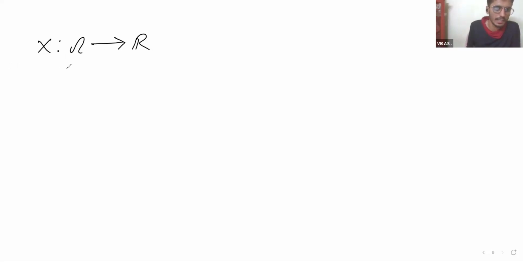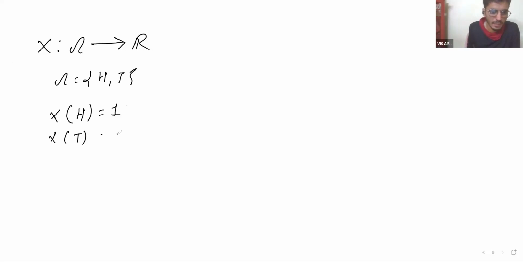So it means, just as an example, omega has head and tail, and in the real numbers, X of head you are denoting by 1 and X of tail is -1. So obviously you can see that this is defining a function. This is defining a function indeed. Just an example.